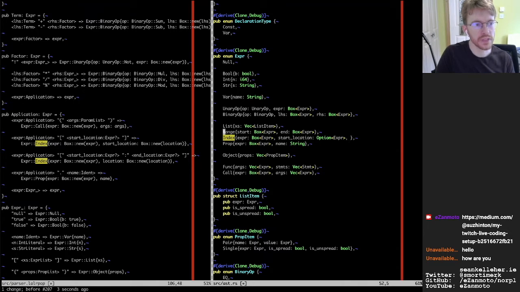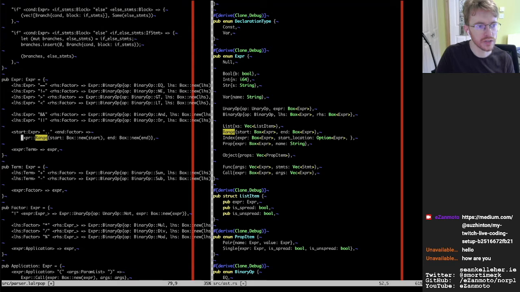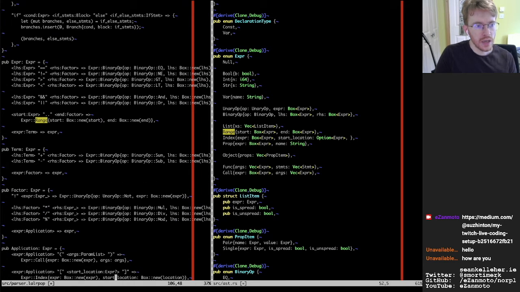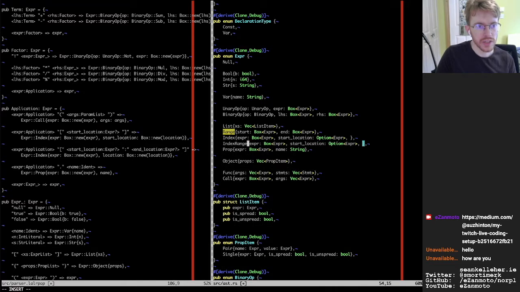So let's see. Range is basically used as a generator. Maybe I'll introduce index range just to make the